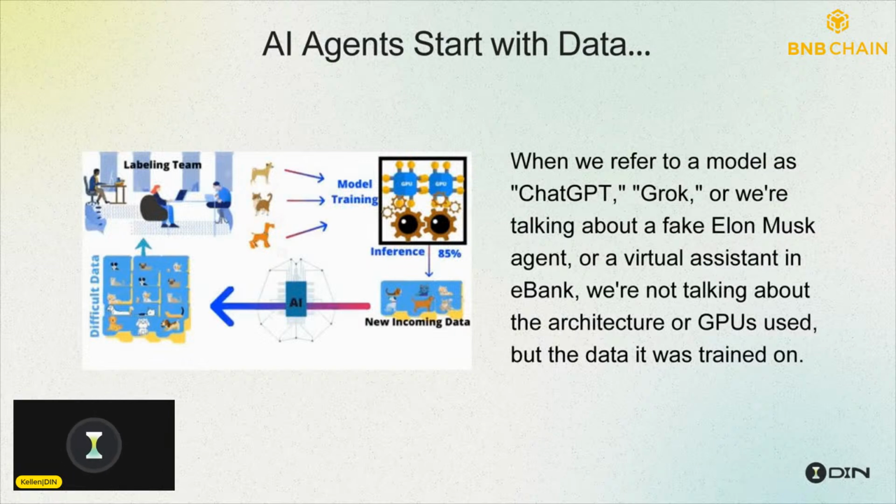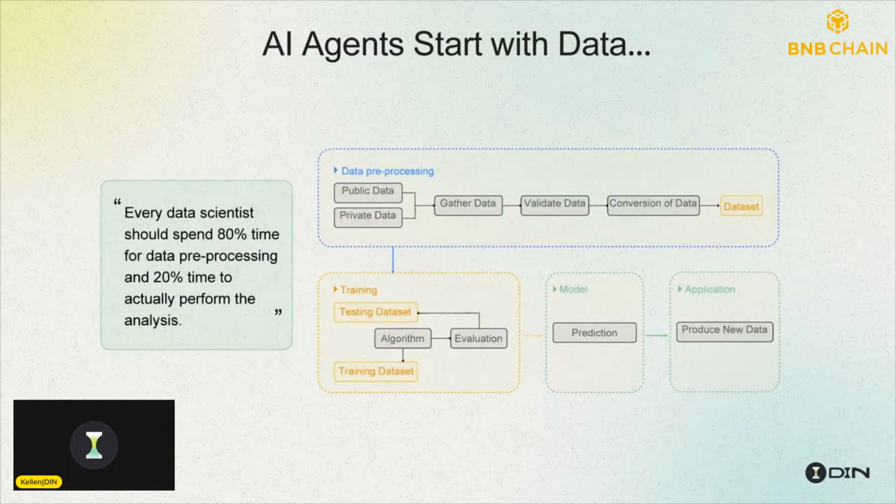And that's why we put data at the core of our AI agent infrastructure, because better data means smarter, more effective AI. But here is the catch. Like getting AI agents to learn from data isn't instant. Before data can be used for training, it has to go through a long and tedious process. It starts with gathering raw data, then transforming and cleaning it, followed by fine-tuning, training, and constant evaluation. It's not just about feeding AI data, it's about making sure data is structured, high quality, and meaningful.